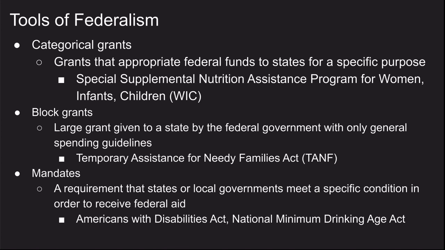The other is the National Minimum Drinking Age Act, which ties interstate highway money, where the federal government will give states federal highway money if and only if they raise their drinking age to 21. So with these tools and thinking about where we want federalism to be, and through the powers outlined in the Constitution, we're going to explore